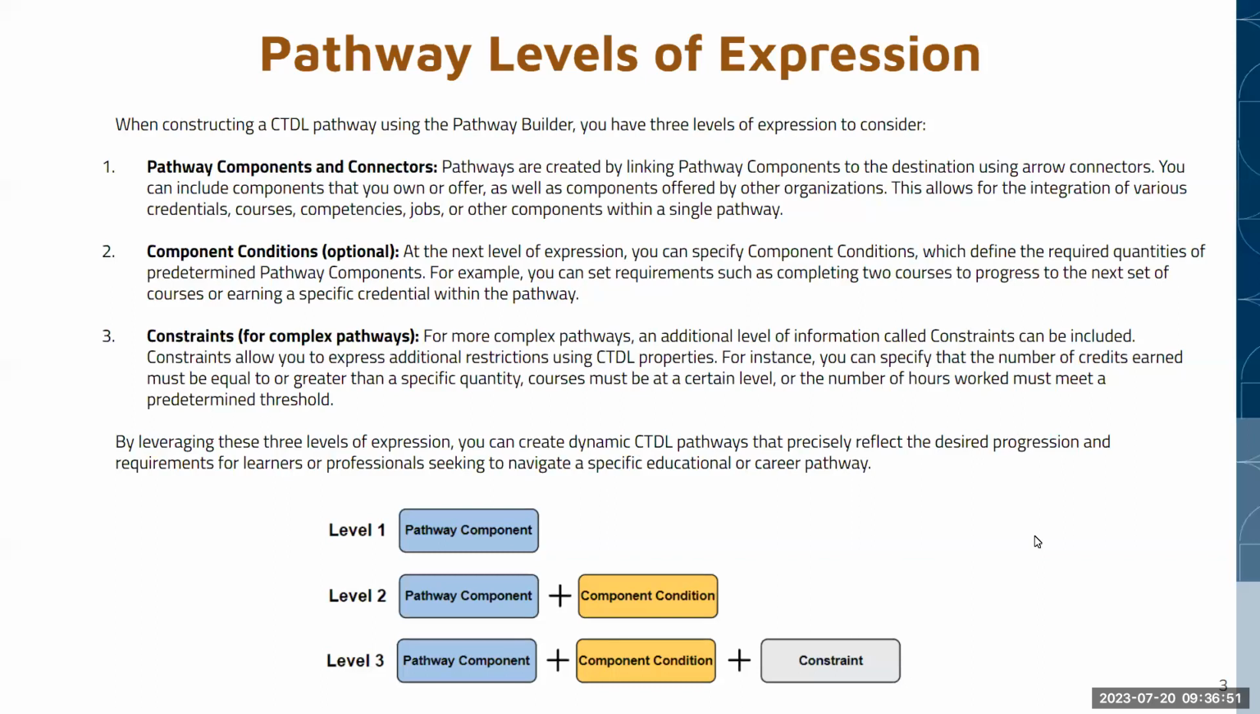When you are building your pathway, you have 3 levels of expression to consider. The first level, level 1, requires having pathway components and connectors. And remember, the connectors are arrows that connect from left to right to a destination component. So when you're building a pathway, that is the minimum level of expression that you will use. You do not have to include conditions. You do not have to include constraints. But conditions and constraints can be very useful information to people that need to know how to progress through your